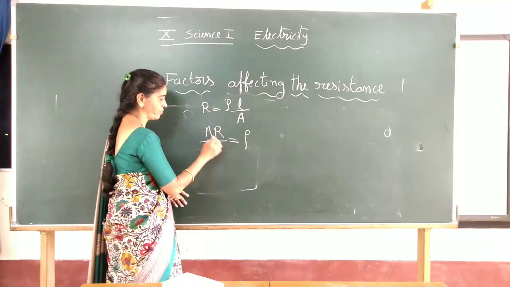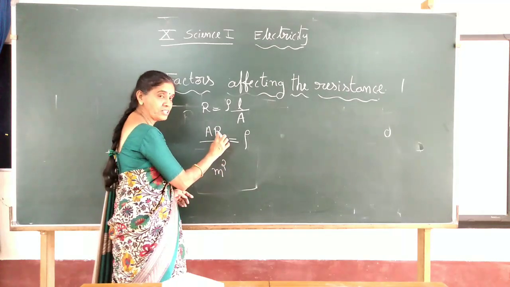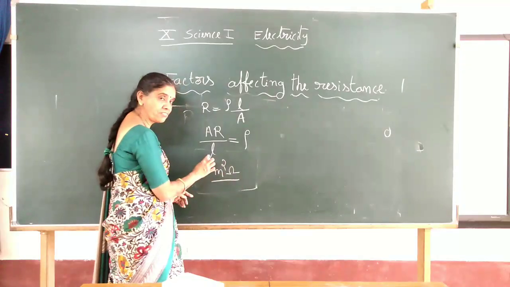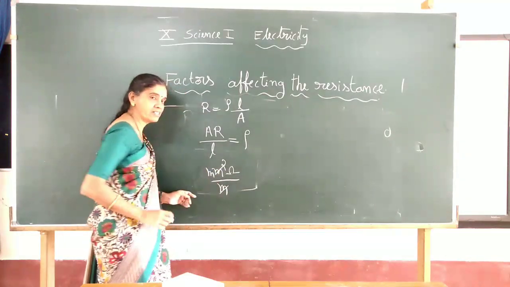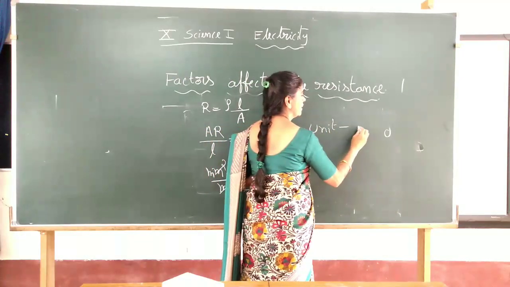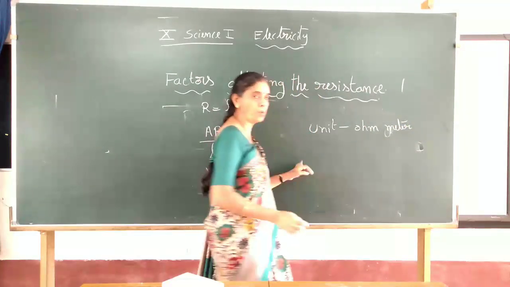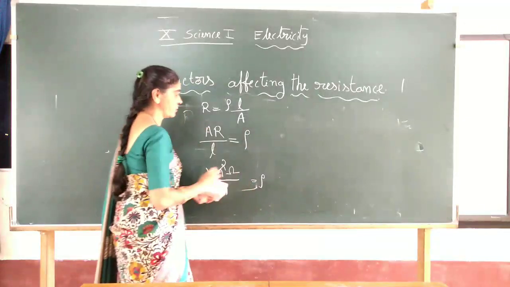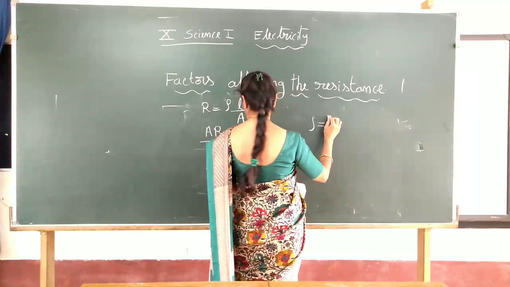Take the area in meter square, and what is the unit of resistance? It is ohm, and the unit of length is again meter. So you will get ohm meter. So the unit of resistivity is ohm meter. It is ohm meter, and that is how they determine the resistivity of any material. Resistivity is nothing but